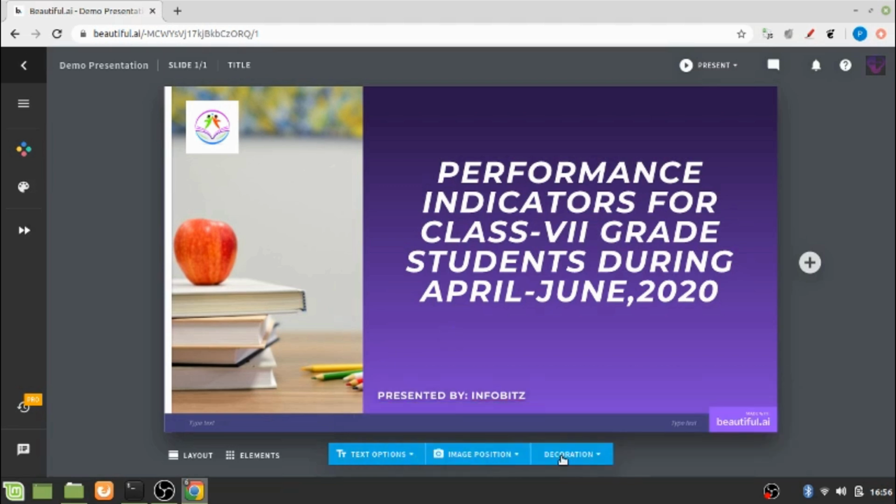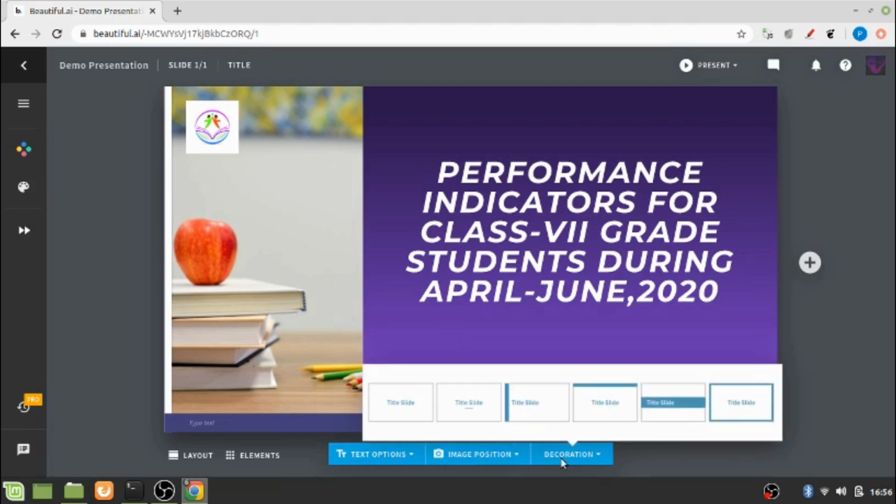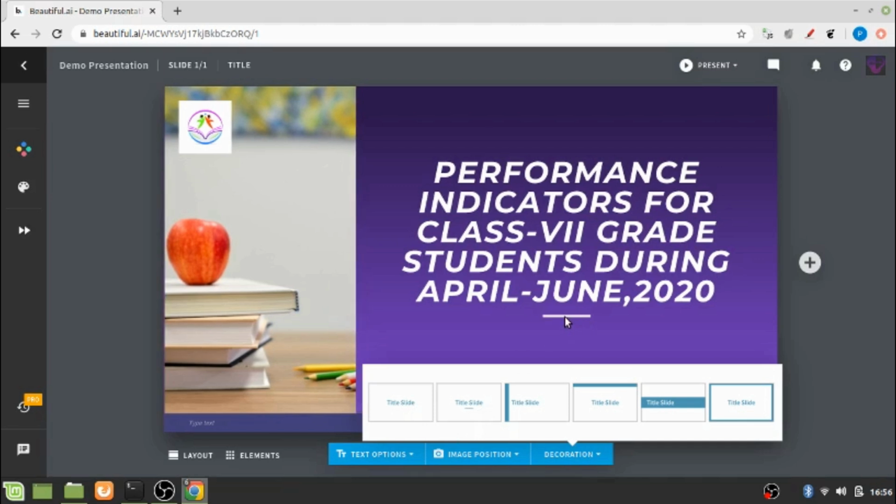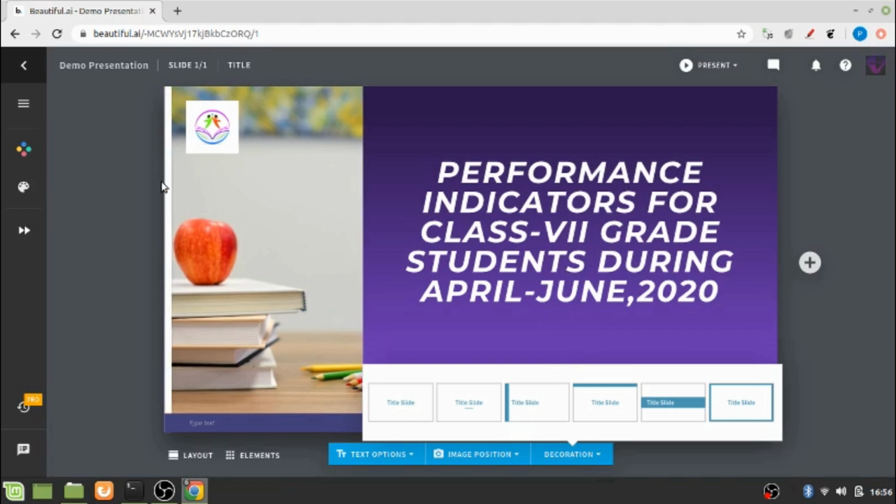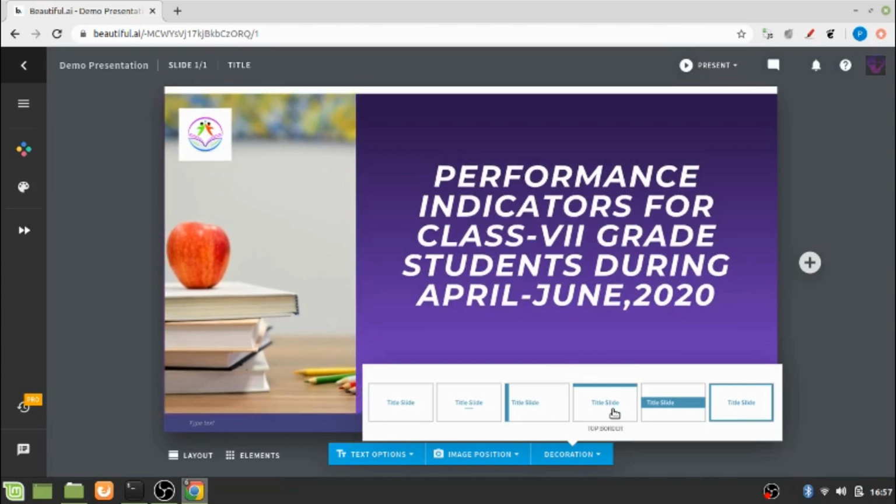Let us now explore this decoration tab over here. If I click on this, there are options like this is the blank one, this is underline. If I click on this, you can see that one underline has been made after the text is over. Then here is one left border, one white left border has been created. If I click on this top border option, then you can see that one border has been added to the top of my slide.